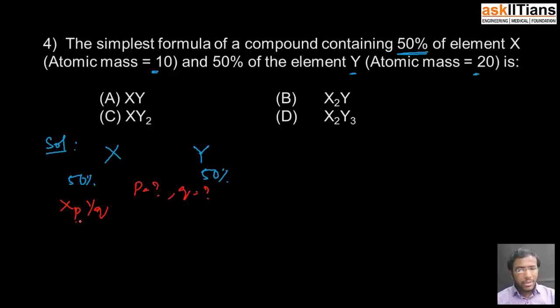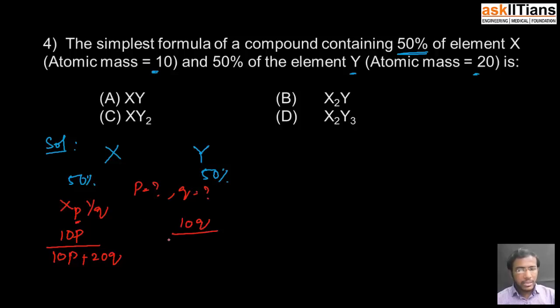Okay, so in this compound, let's see what is the mass percentage of X. That is the mass of X present, that is P into its atomic mass. Its atomic mass is 10, so it is 10P, divided by 10P plus the atomic mass of Y, which is 20, so 20Q, because there are Q atoms of Y. So the atomic weight of each Y, that is 20, into there are Q Ys. So 10P plus 20Q. This is the mass percentage of X, and similarly the mass percentage of Y is simply